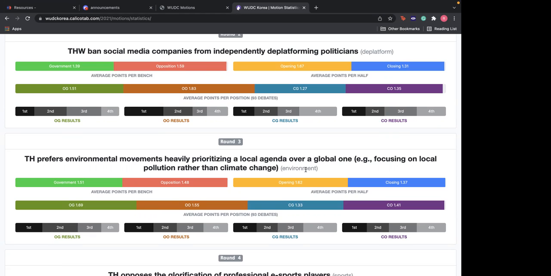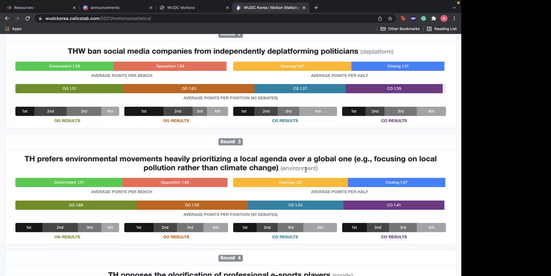These are global things, on a very large scale, international basis. Whereas local agenda is more about keeping your surroundings clean. Don't dump things in the river, or make sure that you turn off the fan when you're not in the room. These are local agendas for an environmental movement.